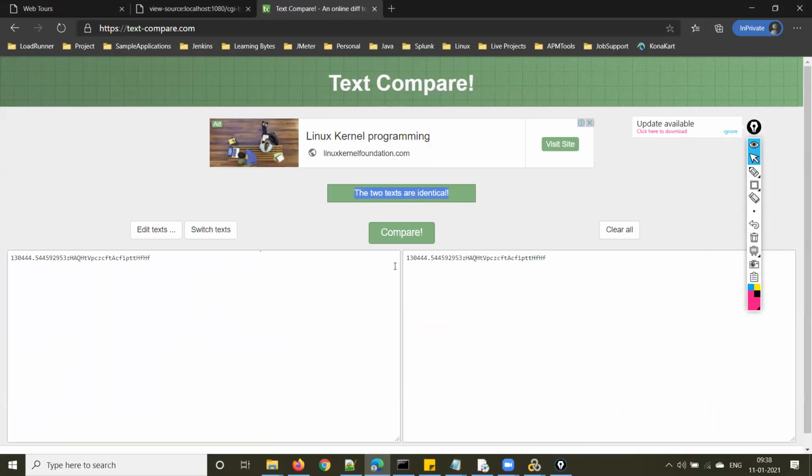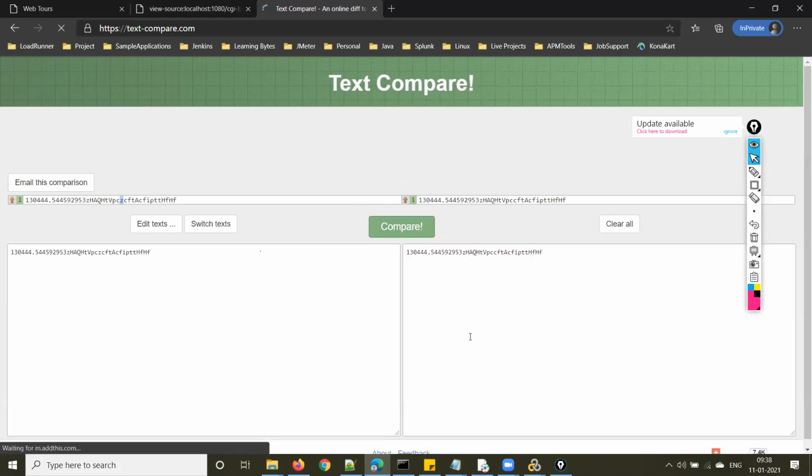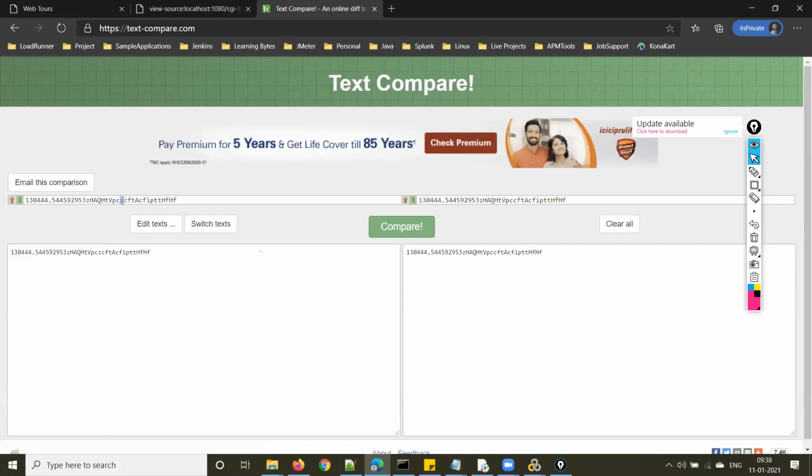It will compare the text that you entered in both the boxes, and tell you whether they are same or not. Even if one character changes, for example, here I am removing one character, and now if you compare, it will show that there are some differences. See here, it has highlighted that Z. In the first value you have Z, and in the second one I deleted that, just to show you how it works.